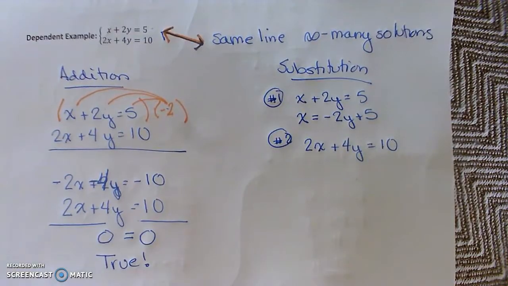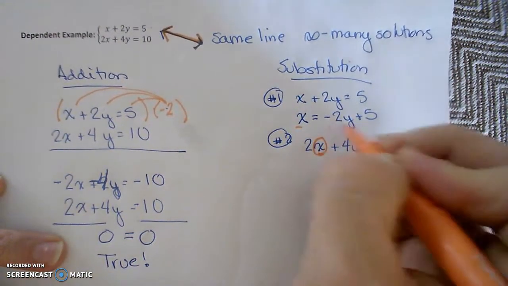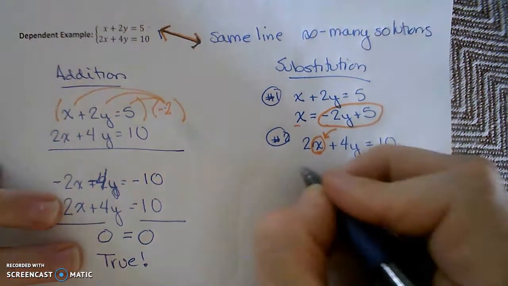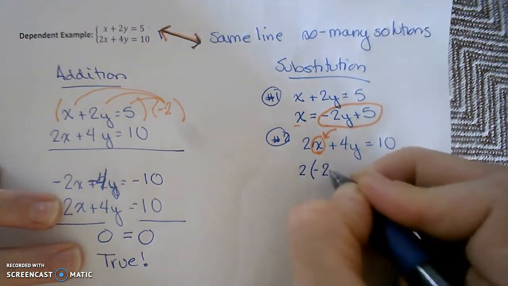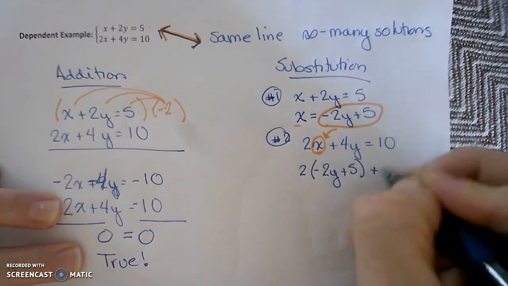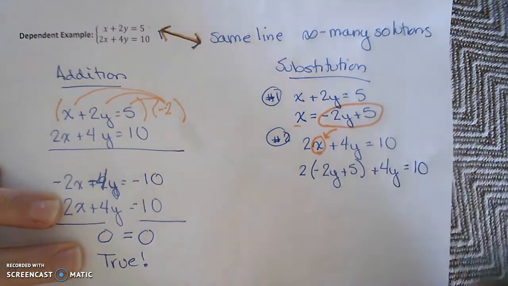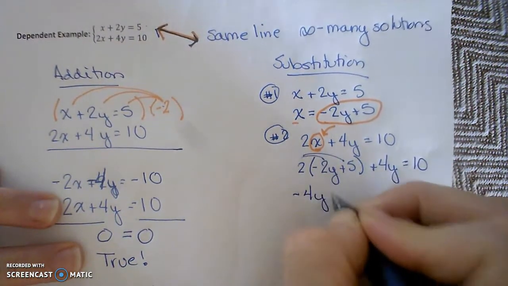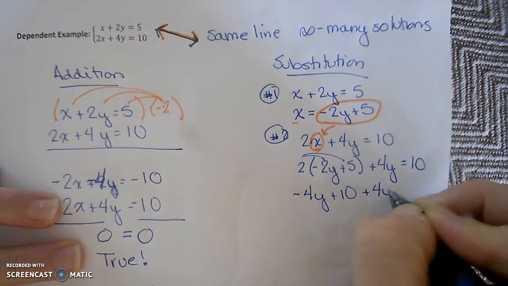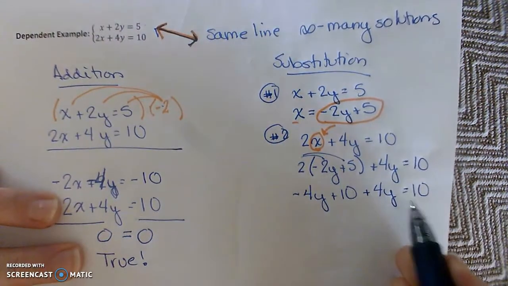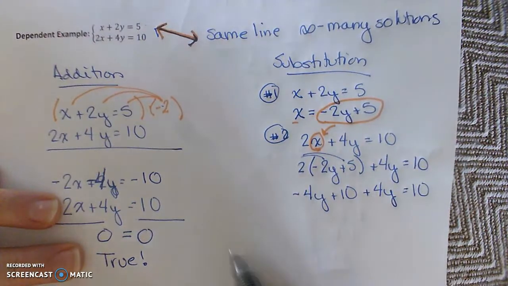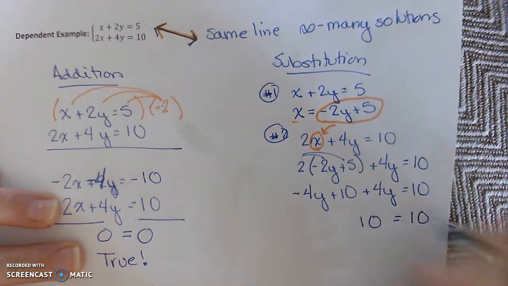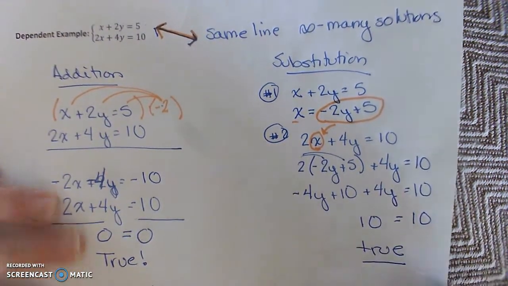So again, I'm going to replace x with this quantity, negative 2y plus 5. So I get 2 times negative 2y plus 5 plus 4y equals 10. Now let's simplify. Multiplying the 2 in, you get negative 4y plus 10 plus 4y equals 10. Combining like terms, negative 4y plus 4y is 0. And so we're just left with 10 on the left equals 10 on the right, which again is a true